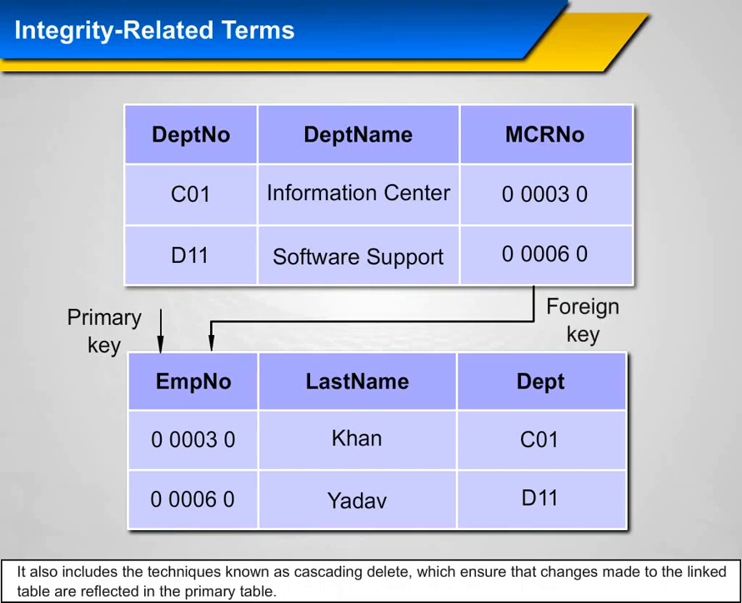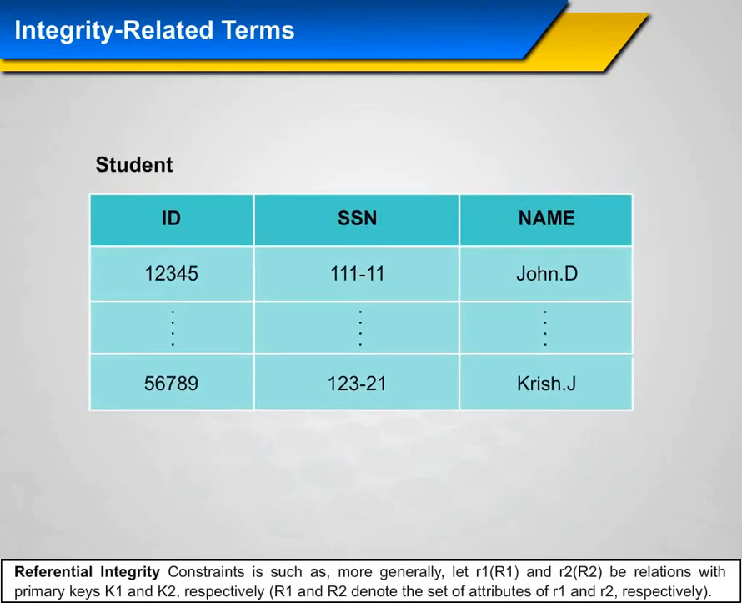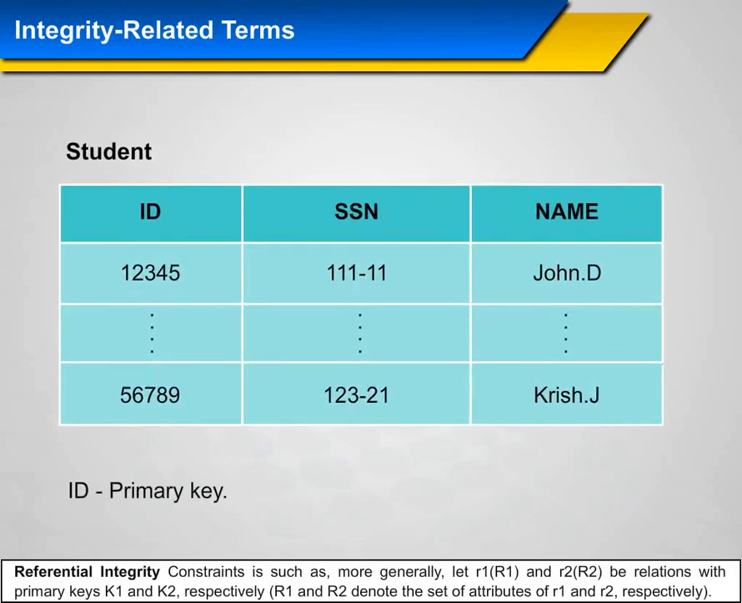It also includes the techniques known as cascading delete, which ensure that changes made to the linked table are reflected in the primary table. Referential integrity constraint is, more generally,